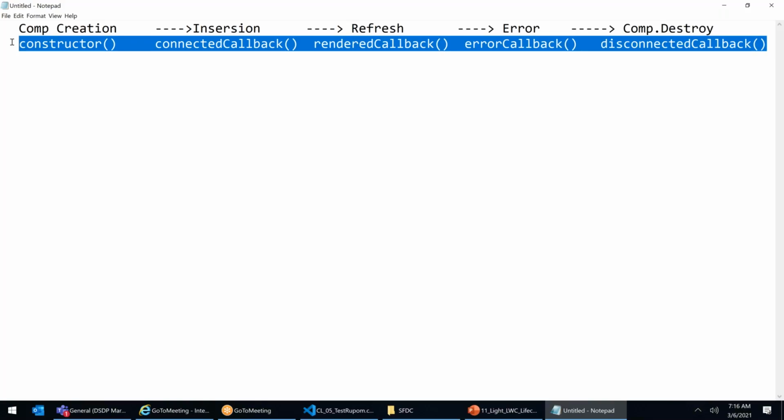Let's say I'm saying this scenario. Consider a component which is on an account record page, and I'm not refreshing that account record page, so the component will not be destroyed. No, it will stay as it is. As soon as you click on the close button